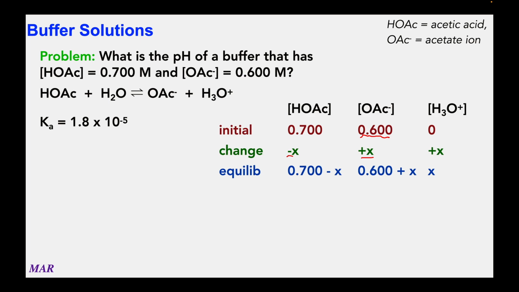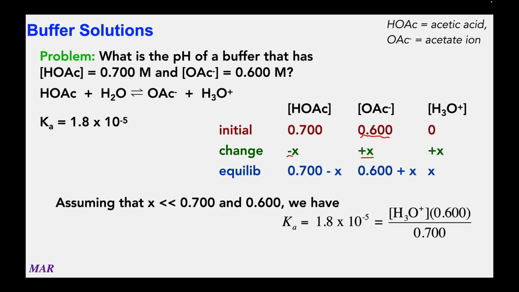We can let all of those equal Ka. Ka would be 1.8 times 10 to the minus 5. That's going to equal hydronium times what initially is 0.6 plus X, and on the bottom you'd have 0.7 minus X. However, X is going to be really small. If you have almost equal amounts of acetate and acetic acid, then the X value here is going to be pretty small. So instead of dealing with 0.6 plus X and 0.7 minus X, you are justified in pulling